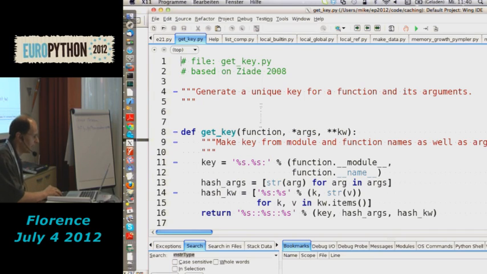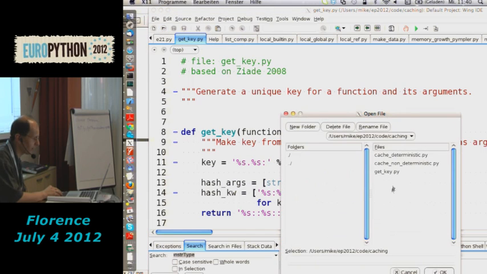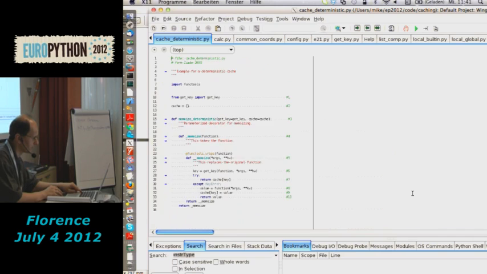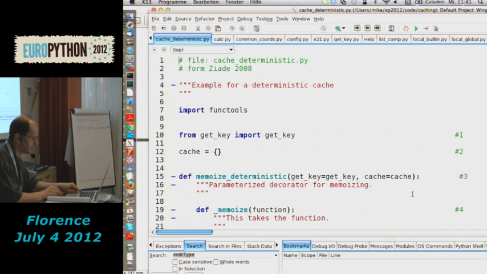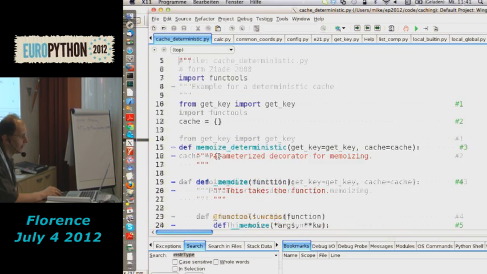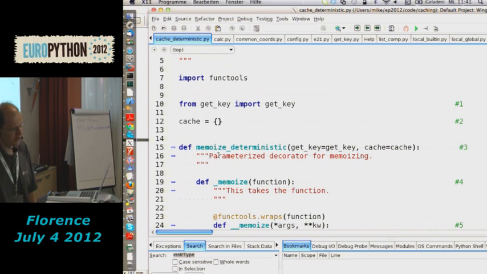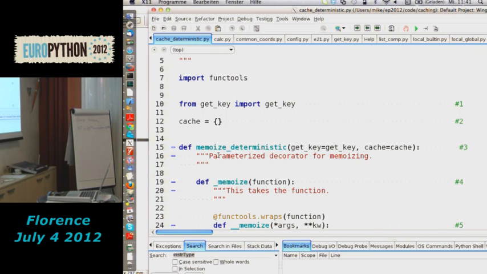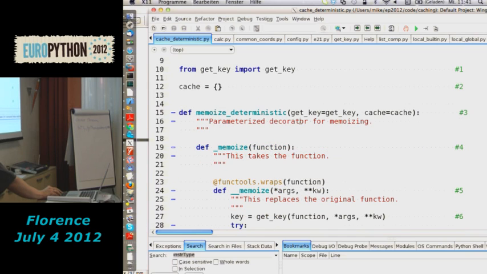Okay, let's look inside our deterministic caching. So cache deterministic it's called, and it looks like this. Yeah. Okay, again we use functools to decorate things. We import our get key, and we use again a global dictionary as our cache. So most of the time a cache is some kind of dictionary-like thing. In Python, of course, you use a dictionary, because you always need a key and a value to store. And then we